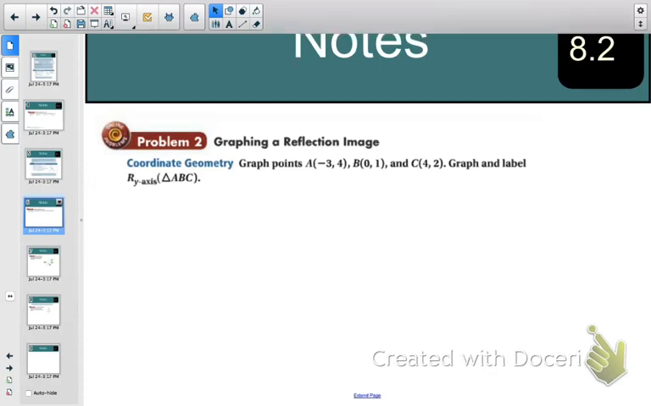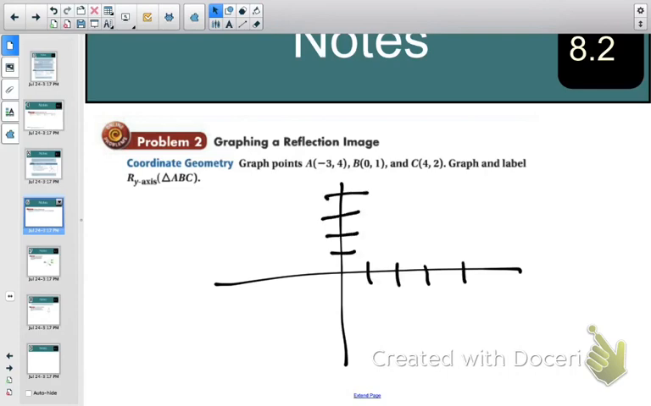Alright, so this one we need to graph the points and then reflect it. So 1, 2, 3, 4, 1, 2, 3, 4. Alright, so A is at negative 3, 4, so back 3, down 4. B 0, 1, and C 4, 2. Okay, so we have this triangle here,